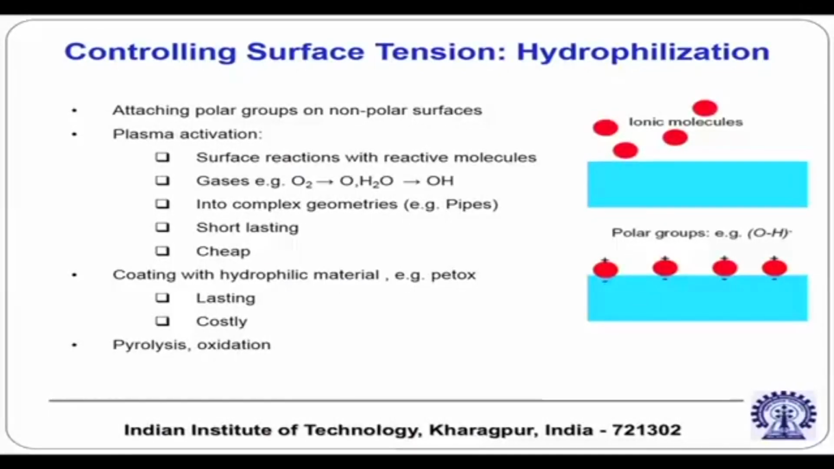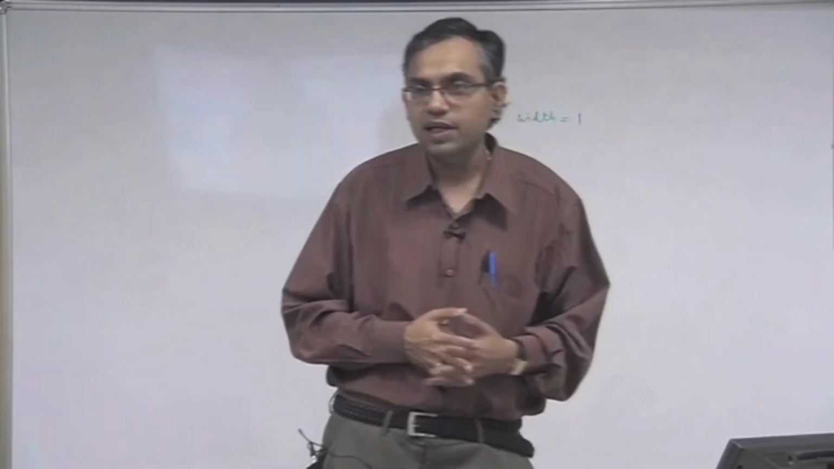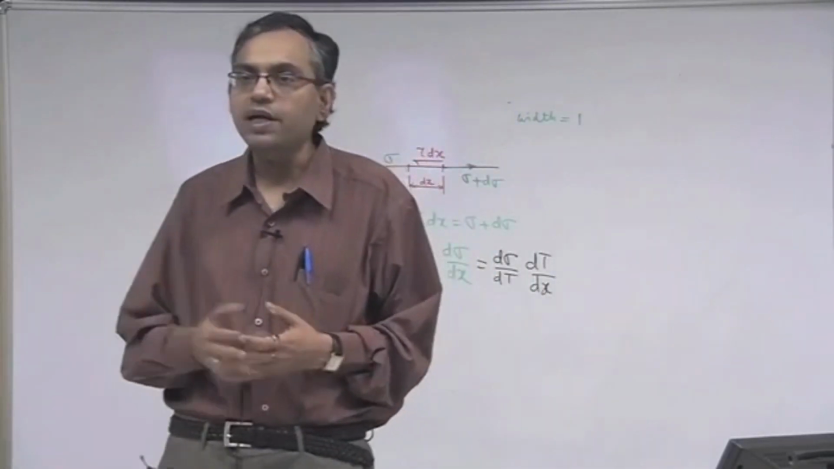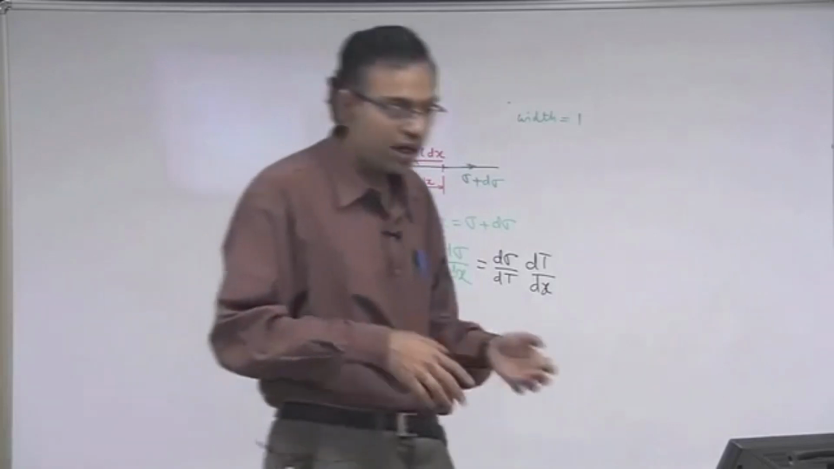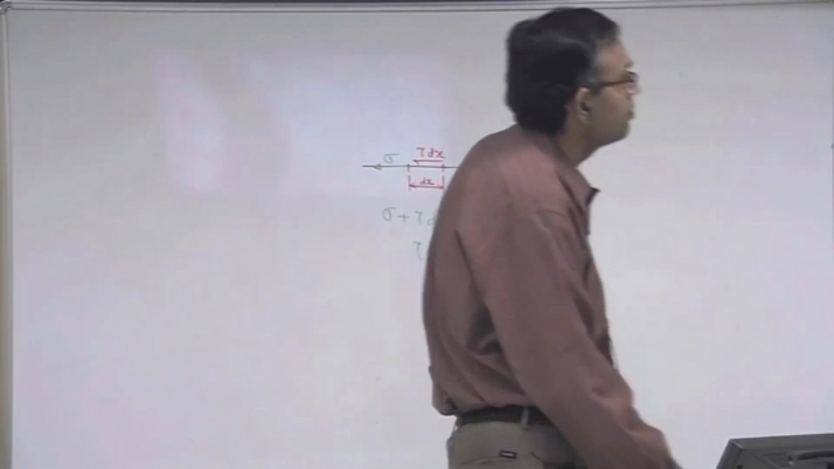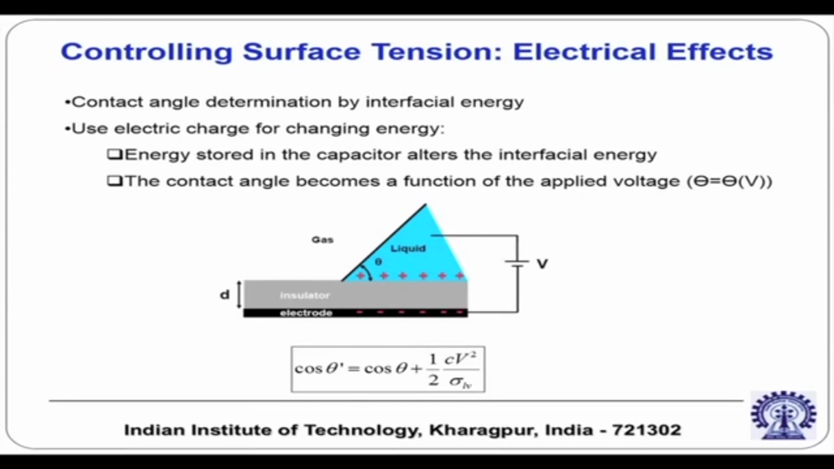Permanent treatment is coating with a hydrophilic material, for example Pitox is a material. So you can make a coating with a hydrophilic material, it is long lasting, it is not a short time solution like oxygen plasma treatment or plasma activation, but it is costly. This is of course quite obvious that any process which is not long lasting will not be that expensive, but a process which is long lasting is expected to be expensive. Controlling surface tension